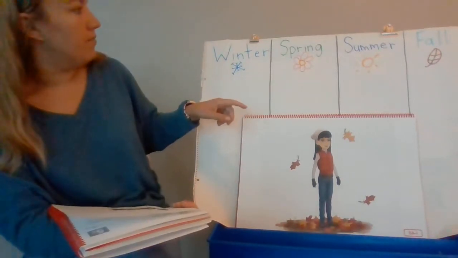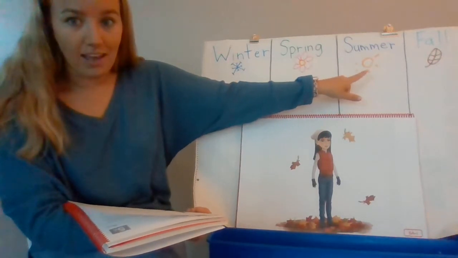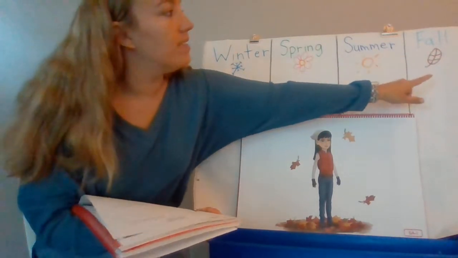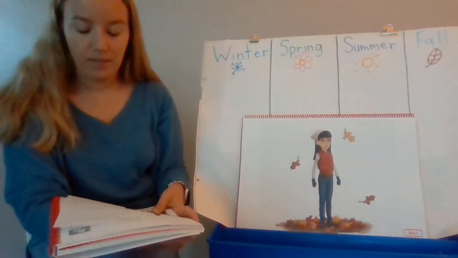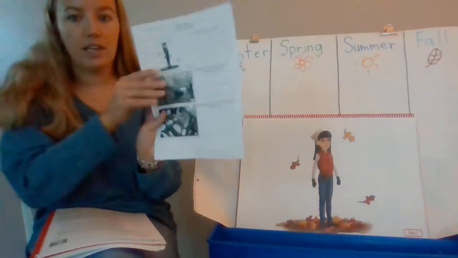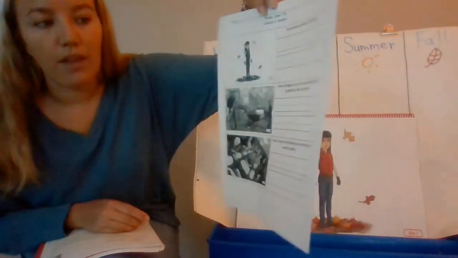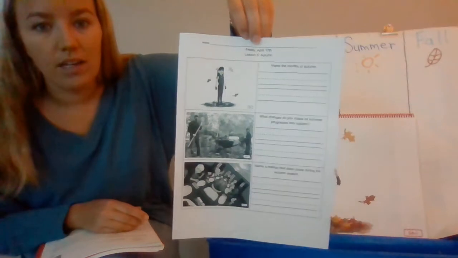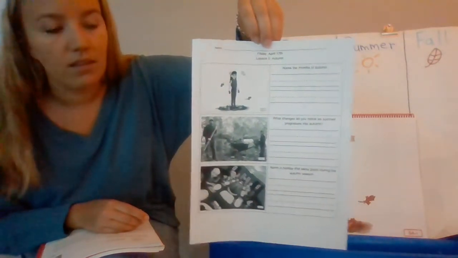So, you've already learned about winter, spring, and summer, and you can probably guess that today's main topic is fall. Another name for fall is autumn. Okay, and for today's read aloud, you're going to need this note catcher. We've got 3 questions that you'll have to write down your answers to today, to help you get a little practice with your writing and comprehension.